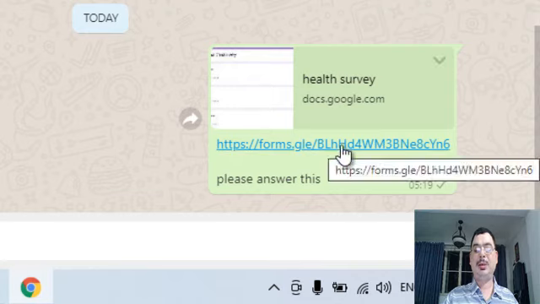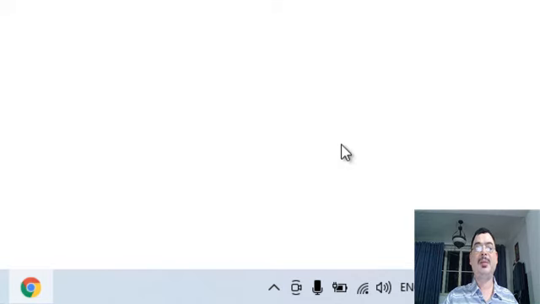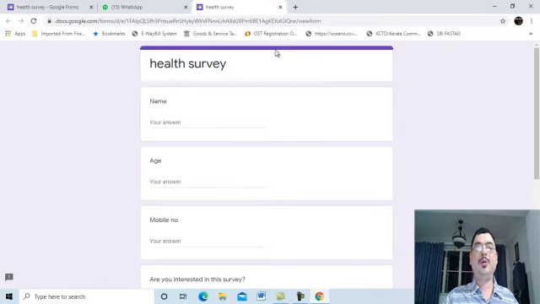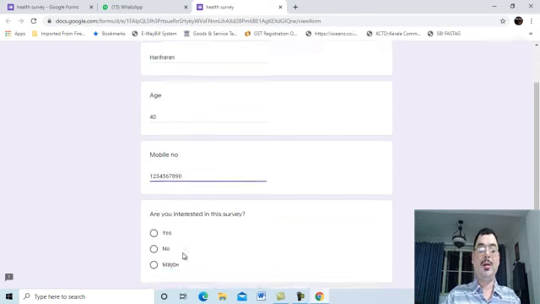Now somebody goes and clicks the link, it will open the form. Once they open the form, they can fill it up. Say age, mobile number, are you interested in the survey?